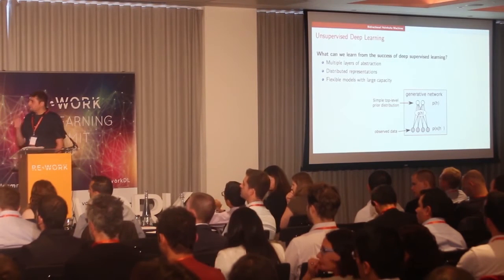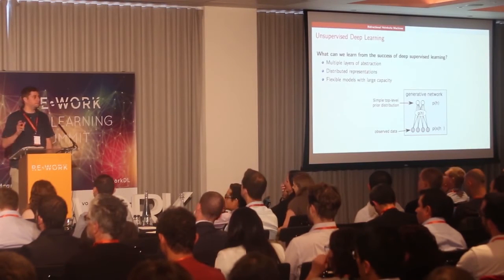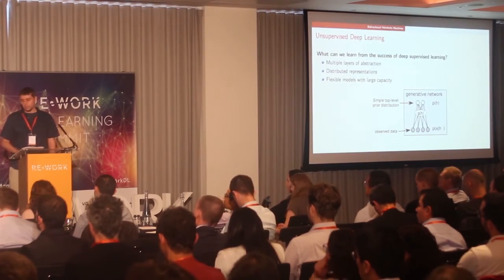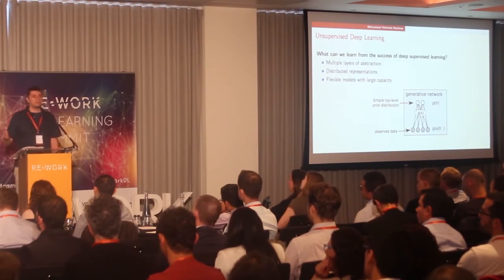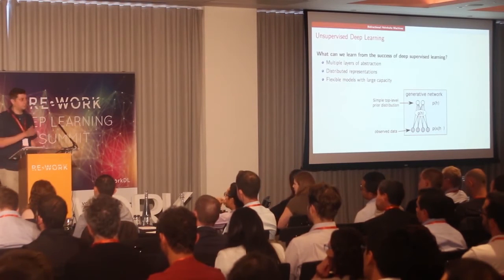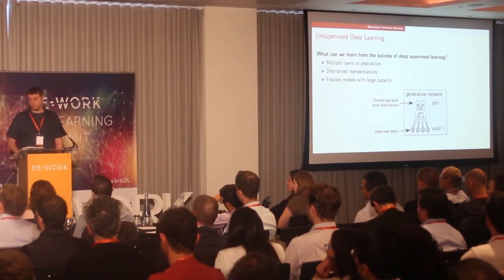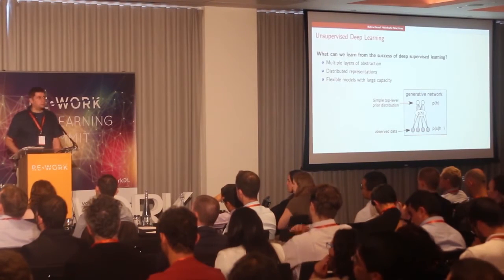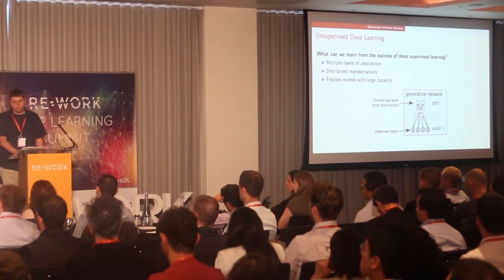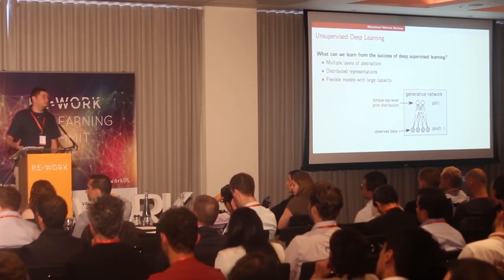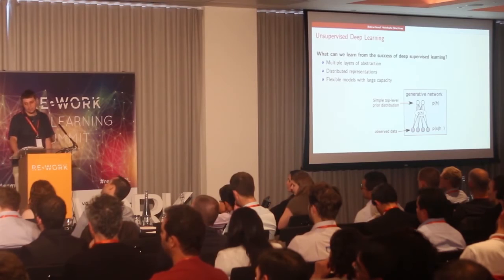So I think there are about three main aspects that make deep learning so successful and that play an important role. On the one hand, you use multiple layers of abstraction. Whenever you want to transform something, you use multiple layers of abstraction that capture different aspects and different hierarchies of information. Then there's, of course, distributed representation. So we have lots of units in each layer. And also very important, we use large models that have huge capacity, that can adapt, and that are easy to train with standard methods like stochastic gradient descent.